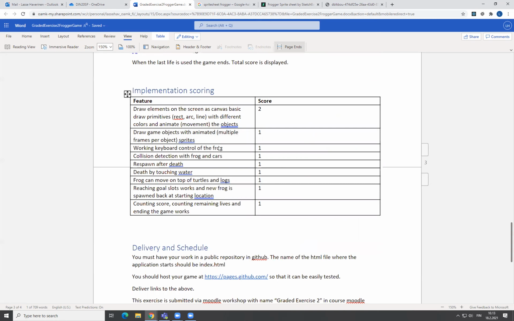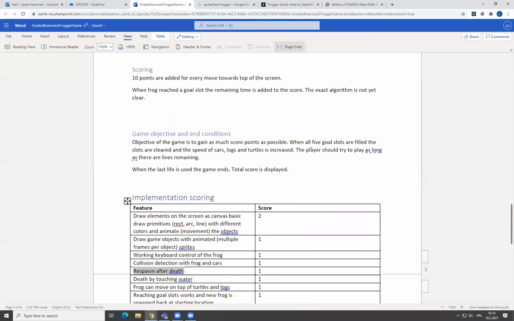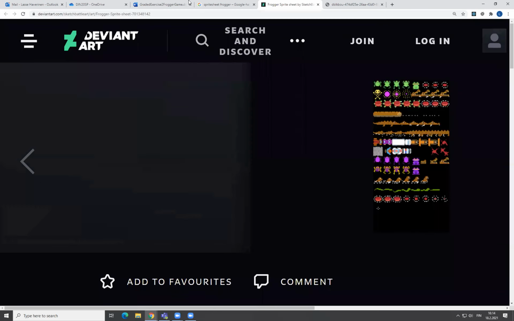Then if you have keyboard control, so that from the keyboard you can move the frog, that's 1 point. Then if you have collision detection with frogs and cars, so that if the frog is hit by a car, the player loses a life, that's 1 point. Then when the frog gets killed, there is a respawn, and respawn means that